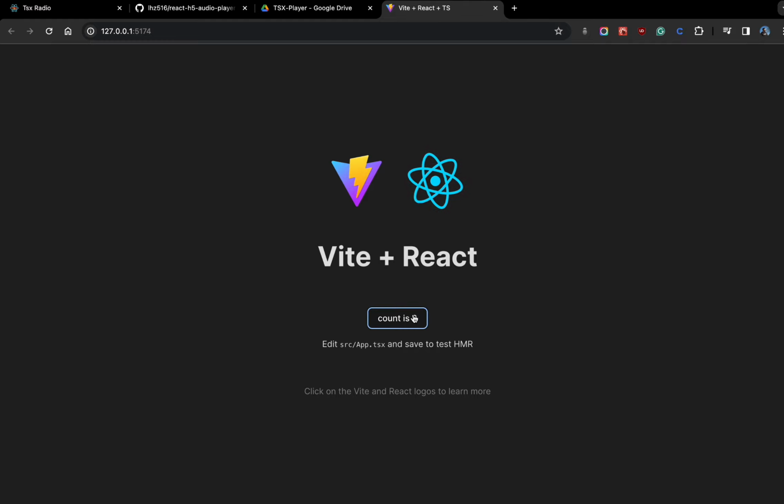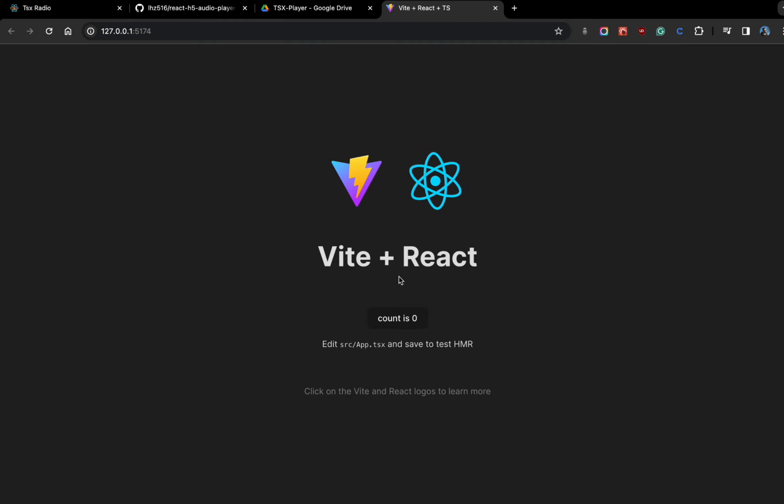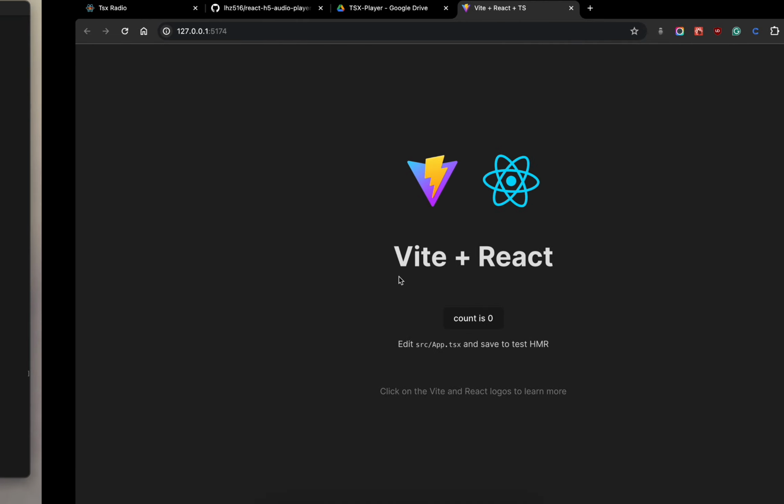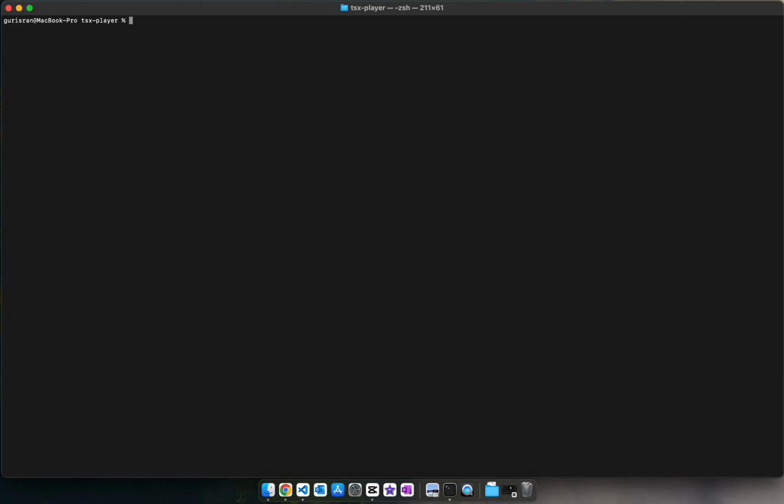So this is a boilerplate React app. As you see in your create-react-app, you have a React logo. Now we're using Vite plus React. So that's installed, but we want this to be a blank app. So now what we can do is come back to the terminal. I'm actually gonna stop the app and clear my terminal. So now I'm going to open VS Code using code space dot enter,